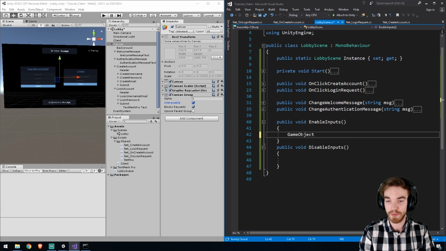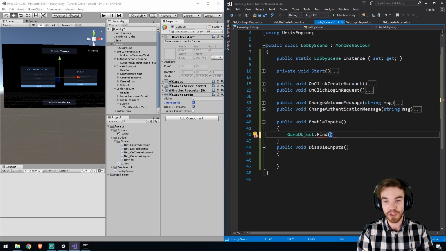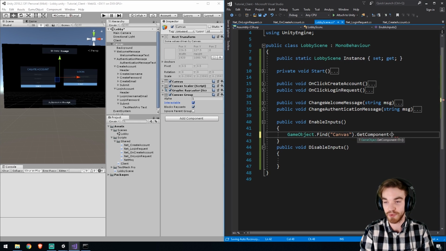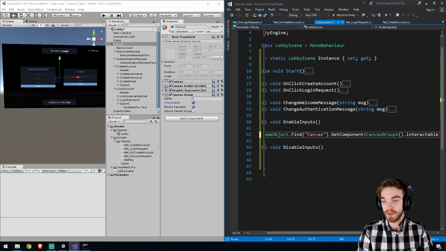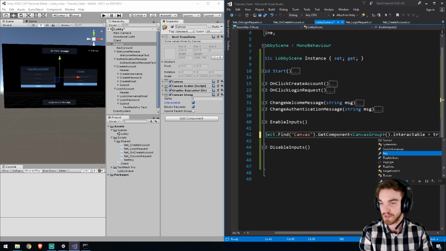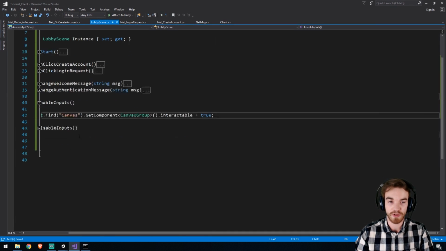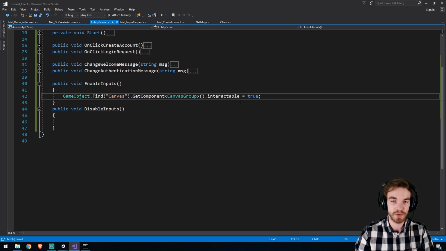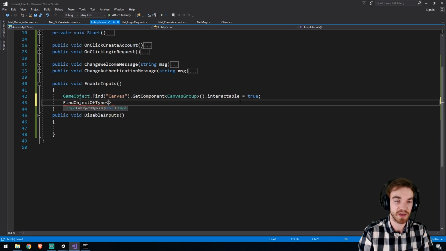Now I could do GameObject.Find canvas. Really, just do it the way you want. You know the different methods you can actually use. Find canvas, GetComponent type of CanvasGroup. Interactable could be equal to, this is enable, so this is true. But you know, you can go around and if you want, you can do a FindObjectOfType CanvasGroup